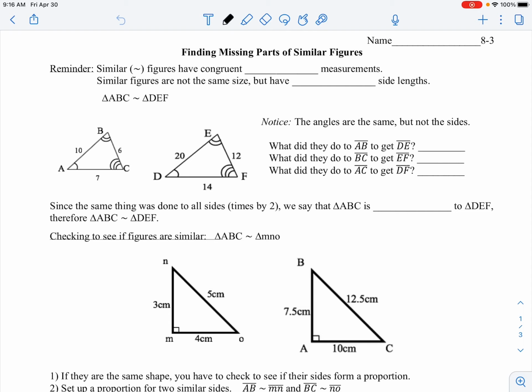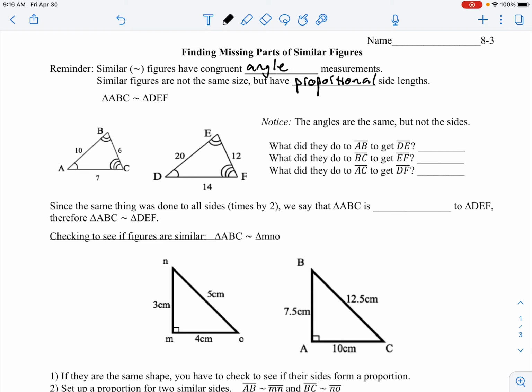So, just a quick reminder that similar figures have congruent angle measurements. That means that they are the same angles, and that similar figures are not the same size, but they have proportional side lengths. And this is the big key into how we figure out the missing parts of other